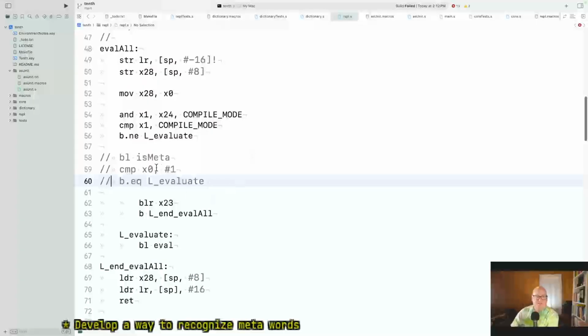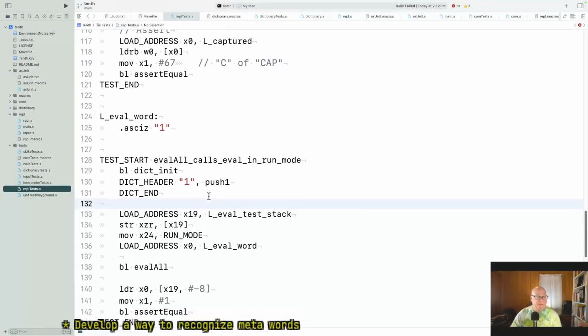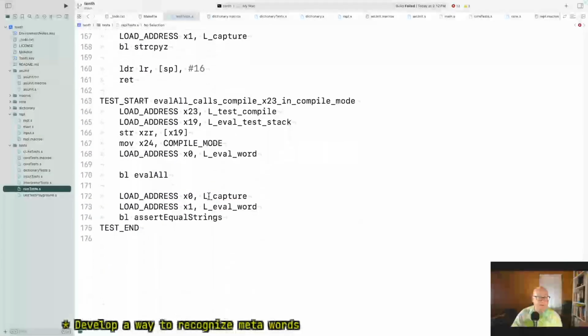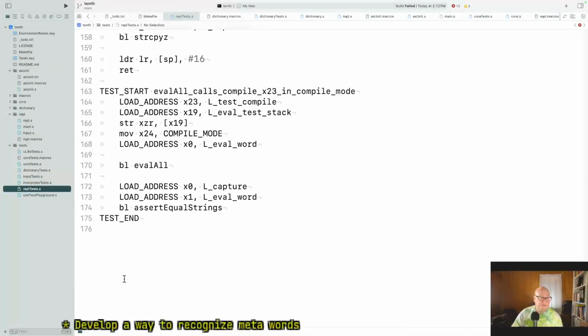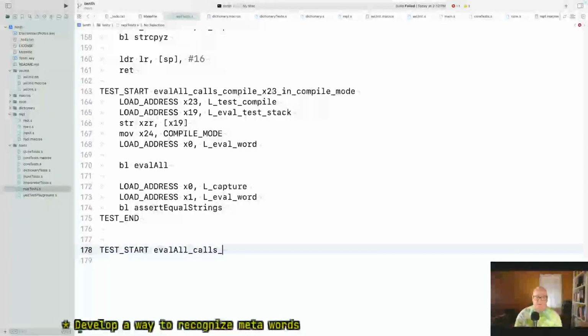Okay, so we've got the notion of compile mode, and if you're in compile mode, we call the compiler. If you're not in compile mode, you're in evaluate mode, and we want to run this. And we're going to write a test for that, I think. REPL tests. Okay, so compile, eval all compiles. Eval all calls meta